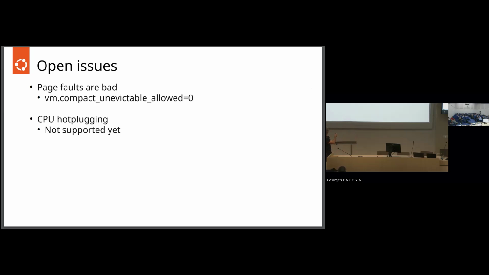The other thing is that CPU hotplug is not supported yet. If you have some CPUs offline and you start the scheduler, and then you put the CPUs online, the scheduler will continue to schedule on the previous set of CPUs. It's something that I would like to add, but it's not very pressing because, again, the scheduler is pretty much a user space process, so I can just restart it. I could potentially have a systemd script where I restart the scheduler when I hotplug and insert new CPUs.